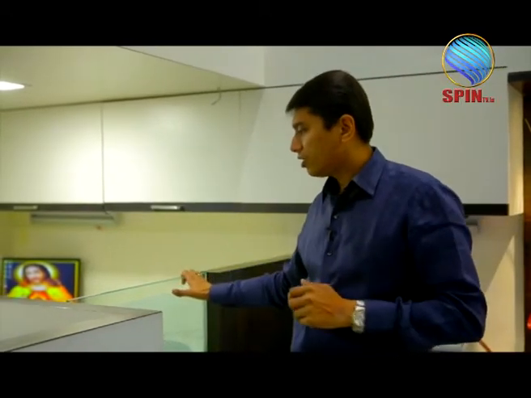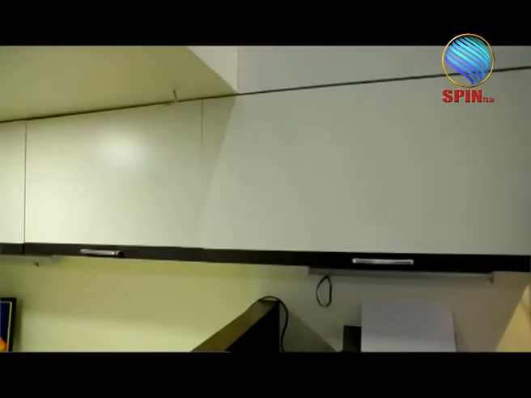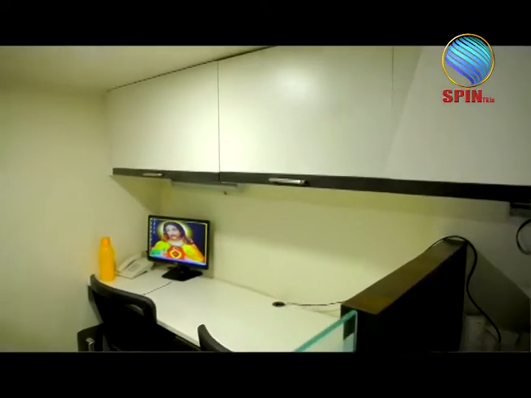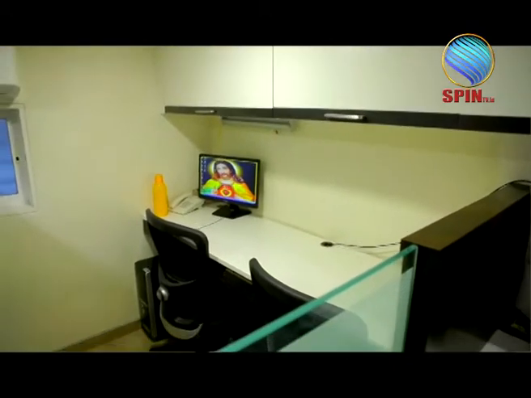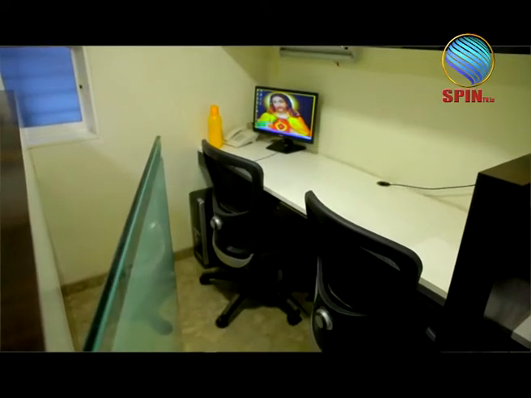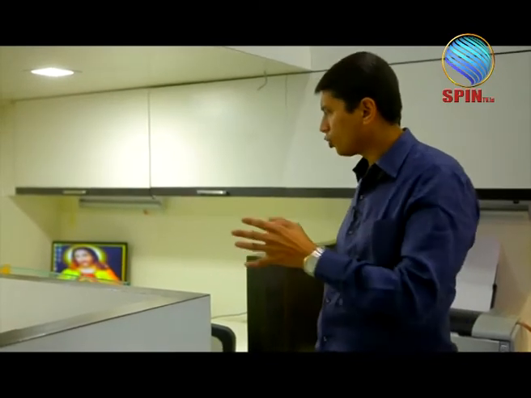Now adjoining the admin, we have another cubicle. It's again for one of the senior persons, where this cubicle becomes like a small cabin, with a door which opens inside, and then you have two chairs. One is for the senior person who is working there, and the other is for the subordinate, who comes and joins him or her whenever there is a discussion. This kind of cubicle arrangement plays a major role in providing importance to individual employees.